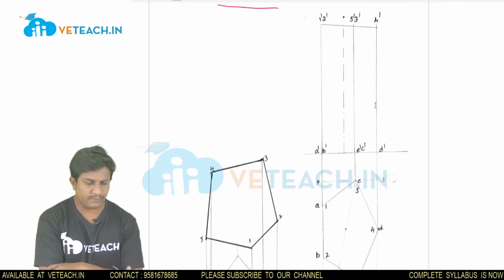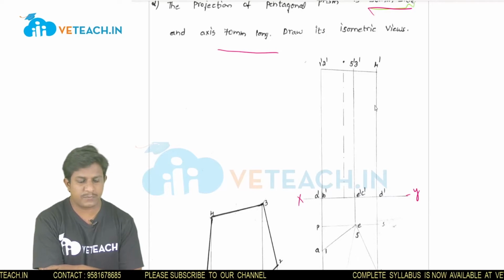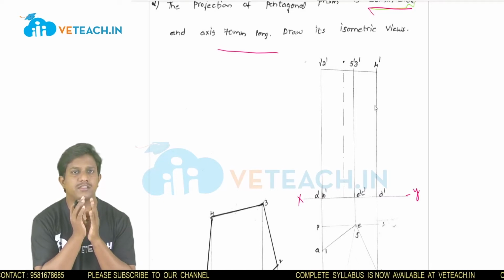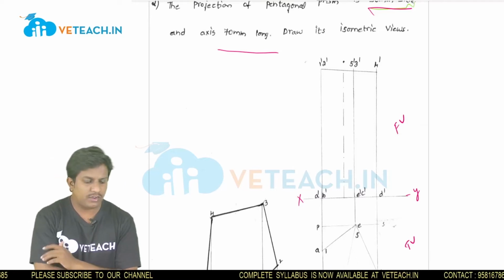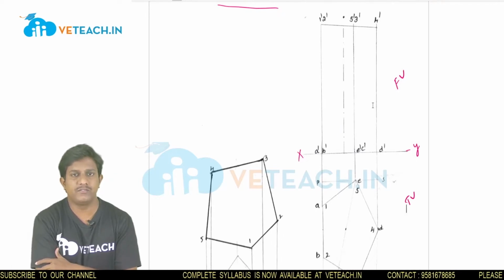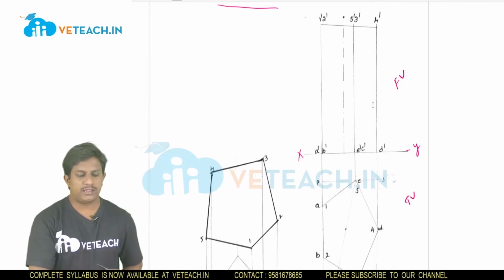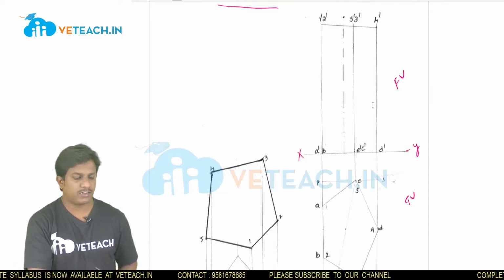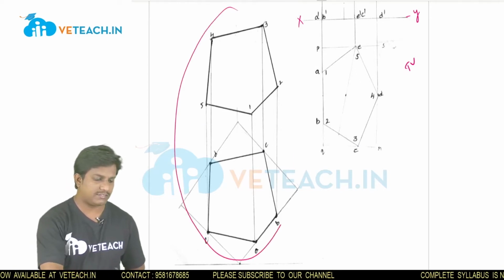If you see here, I have drawn this diagram in 2-dimensional. In the earlier classes, that is the projection of solids concept, we drew only the 2-dimensional diagram, that is front view and top view, but we have not drawn this diagram in side view. If you draw this diagram in side view, then it comes under a 3-dimensional object. Now I am combining all the 3 views, that is front view, side view and top view. After combining all these views, I got the answer like this.